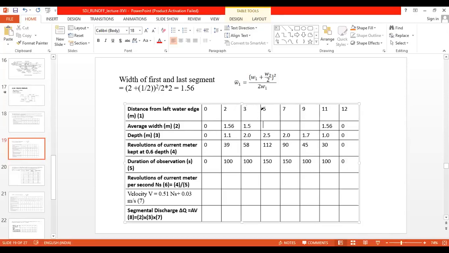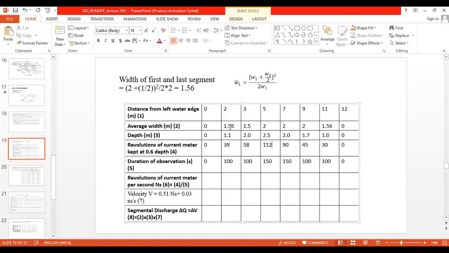Then next to that, left hand side is 3, so 5 minus 3 will be 2, half of that will be 1. Similarly right hand side 5 to 7 is 2, half of that is 1, so 1 plus 1 is 2. Then here left hand side 2, right hand side 2, so half of 2 is 1 and half of 2 is 1, addition of them will be 2. Then here 9 to 7 is 2, half of that will be 1, and 9 to 11 is 2, half of that 1, and addition will be 2, isn't it?